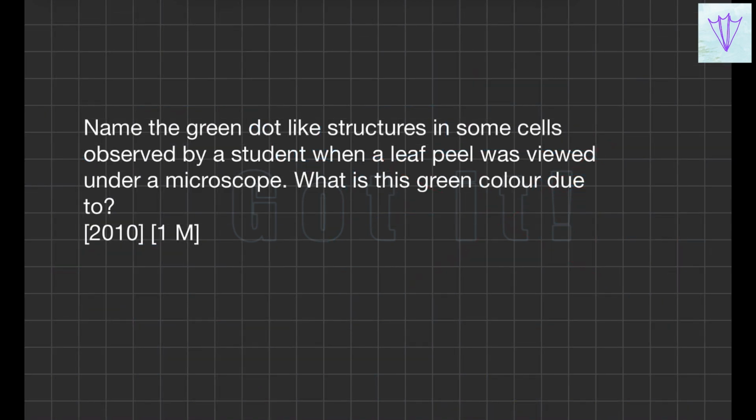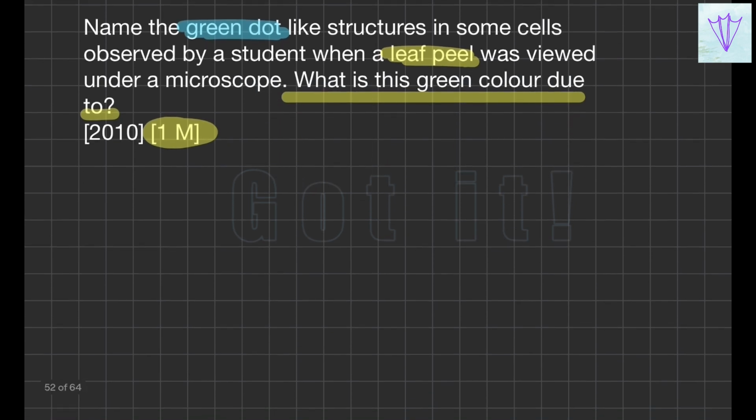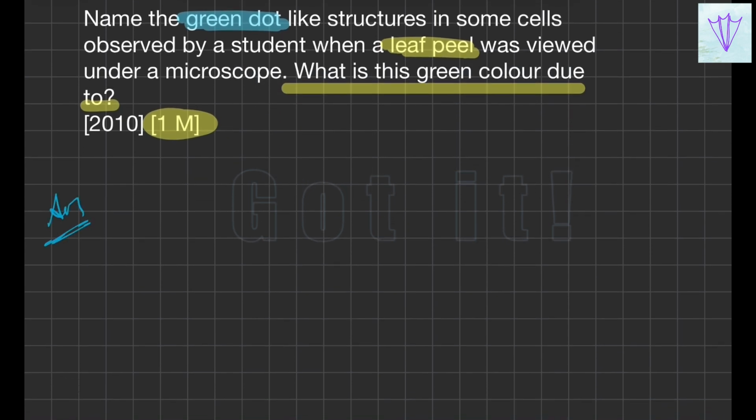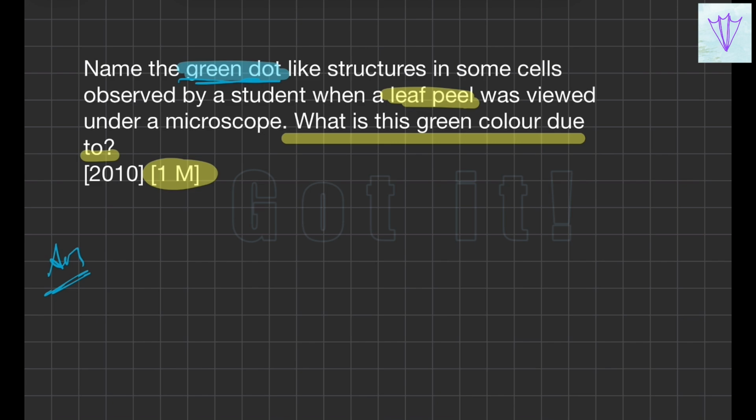The question here is: name the green dot-like structure in some cells observed by a student when a leaf peel was viewed under a microscope, and what is this green color due to? So it is a 1 mark question. What is that green dot which you will observe under the microscope for a leaf peel? What do you think that green dot would be? Obviously, what the student has observed would be a